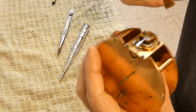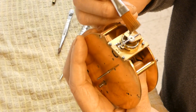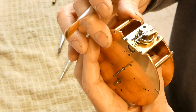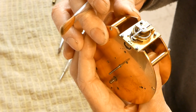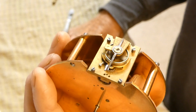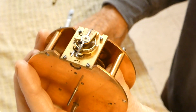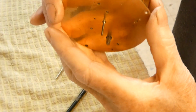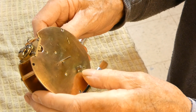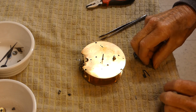Well, if I can put some pressure on the wheel inside to replicate the spring, I just touch that. Well, that's promising. Right, so I'll now fit the springs that go on here. Next job